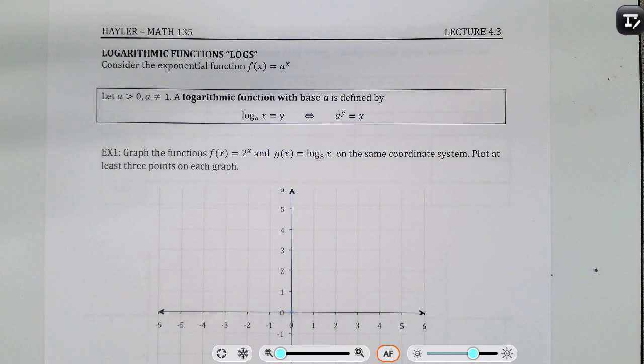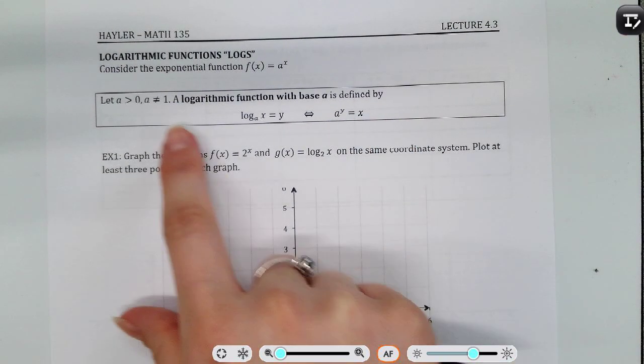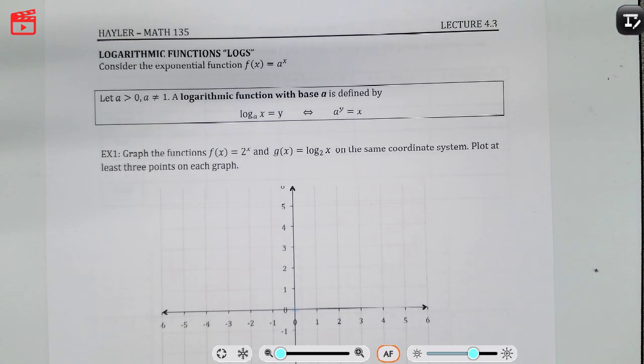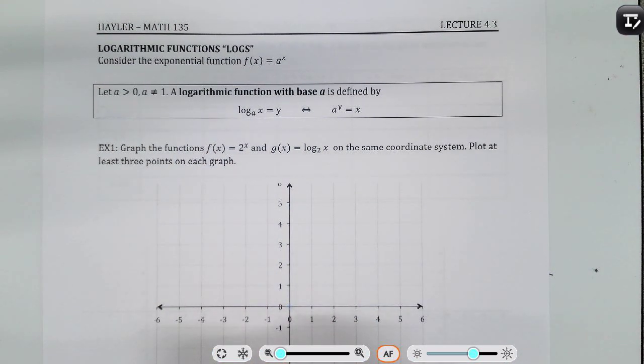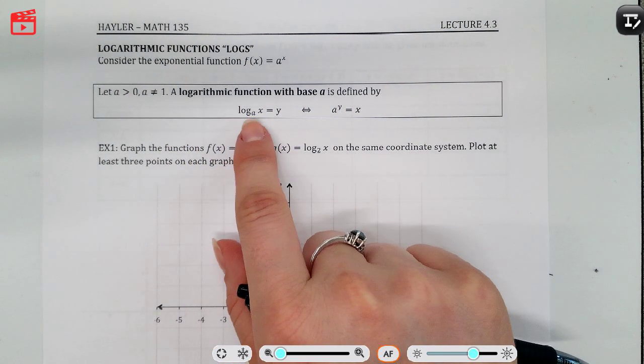Right, lecture 4.3. Okay, so we're looking at the logarithmic functions, also called just logs for short. So we're going to consider the exponential function f of x equals a to the x power. With this, we have to have that a is greater than 0 and a cannot equal 1, then a logarithmic function with the base a is defined by log base a of x equals